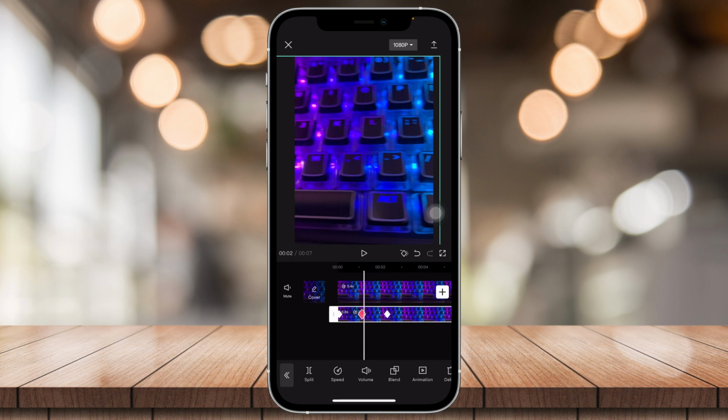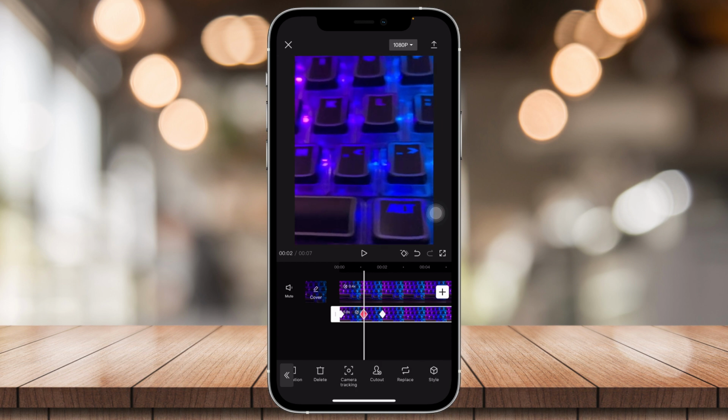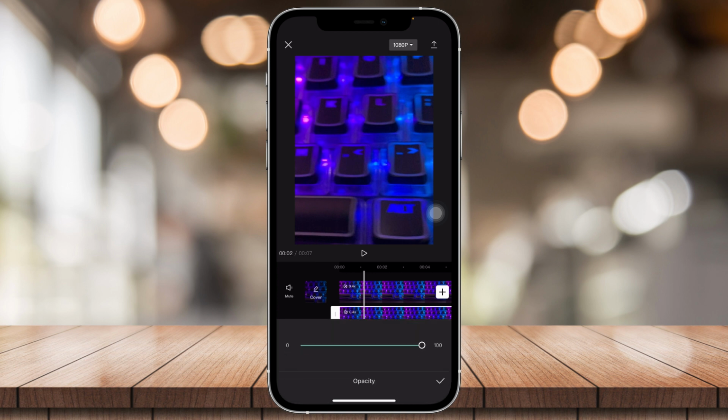So just do this, make sure you have 3. You can also do it shorter if you want, or longer, you choose. So on the first one, you're not gonna edit anything, but on the second one, if you go ahead and tap on that, you're gonna want to zoom in and then make sure the opacity, which is right here, is low,